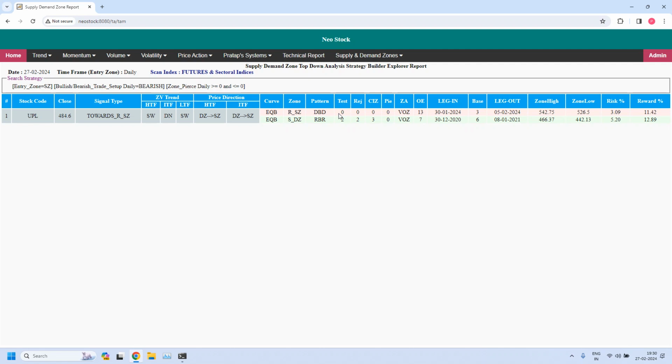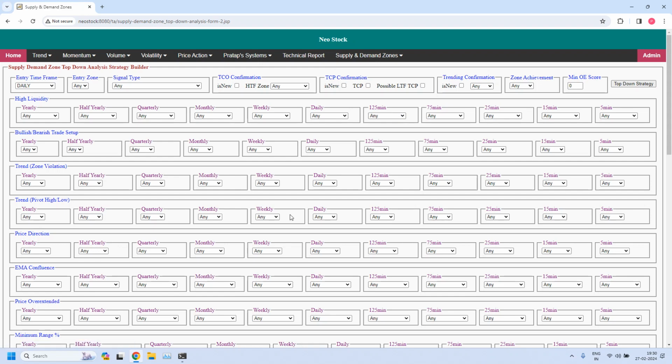Now let us generate bullish and bearish trade setup for weekly income trade. In weekly income trade, entry time frame should be 75 minutes because we take our trade at 75 minutes, and the entry zone should be demand zone because in weekly income trade, first we will generate bullish trade setup. So demand zone and bullish or bearish trade setup. This time we are selecting 75 minutes. In 75 minutes, we are selecting bullish,